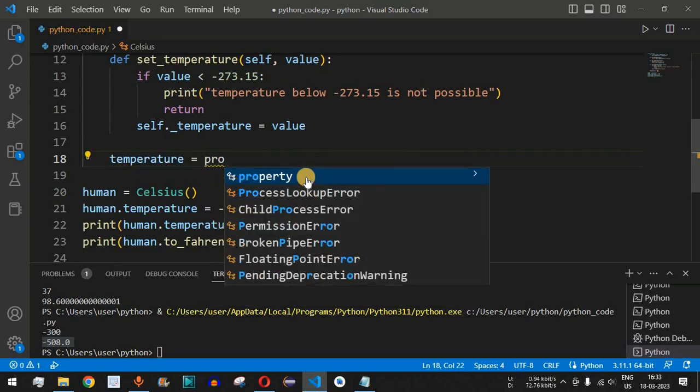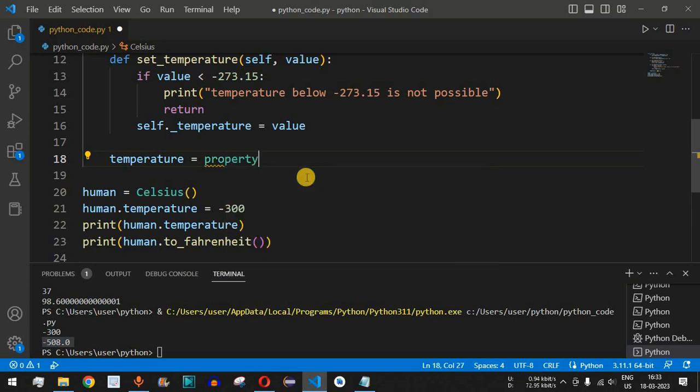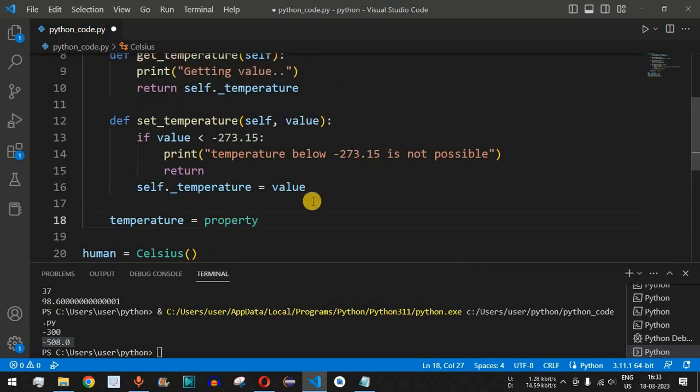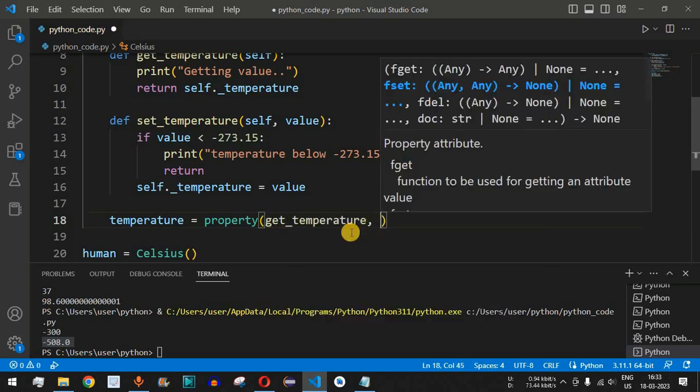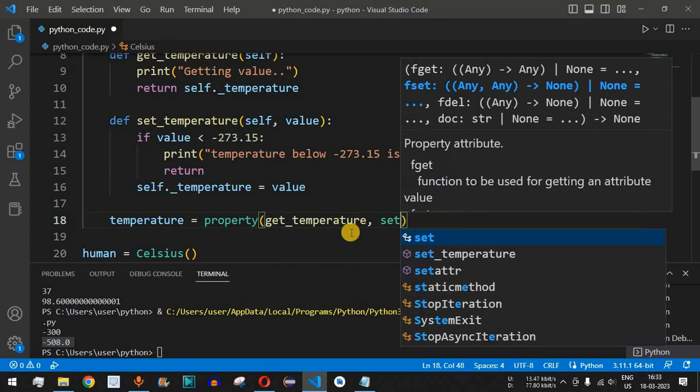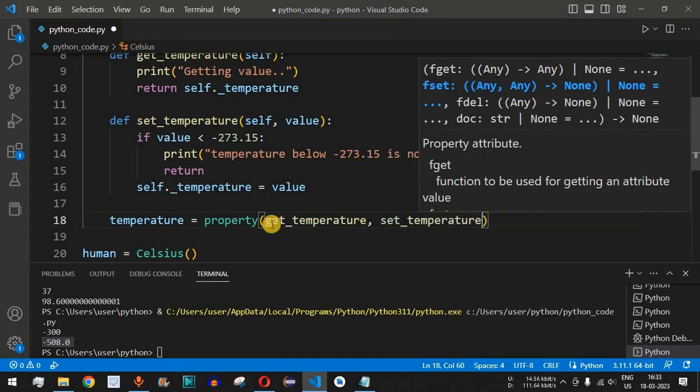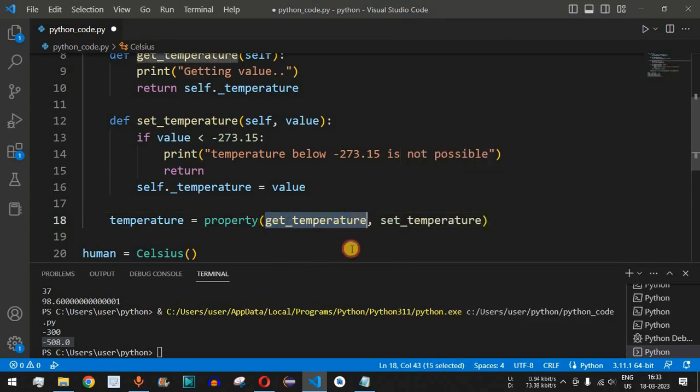So guys, this is the built-in class provided by Python in order to solve the challenge that we are facing right now. So basically we provide the property, and then after this we simply provide the getter and setter function names. So over here we say get temperature followed by comma, and then we say set temperature in this case. So basically we provide the getter function, get temperature, and set temperature as the parameters to this property over here.